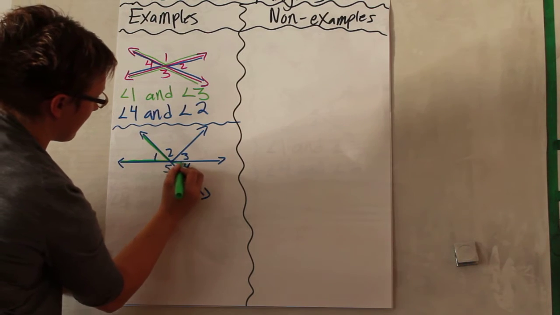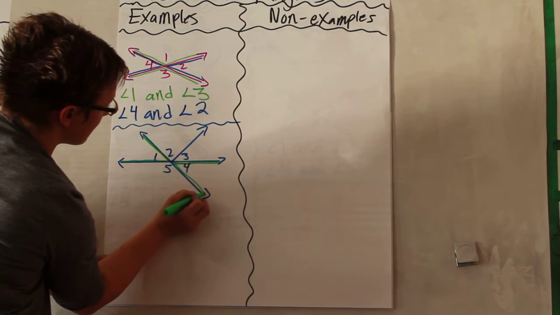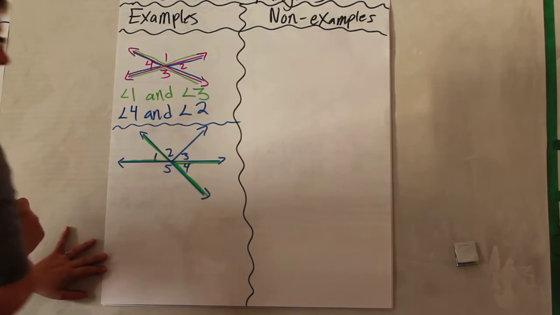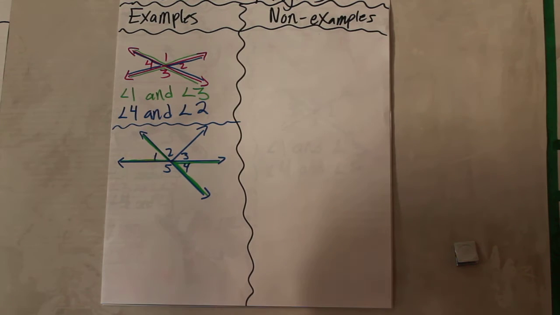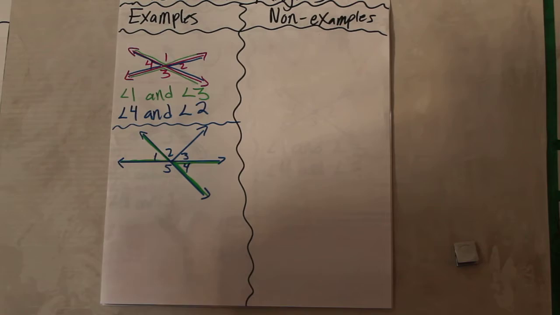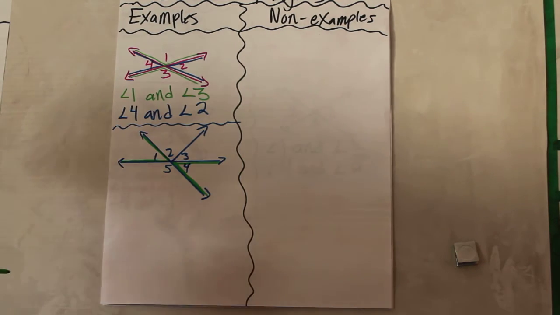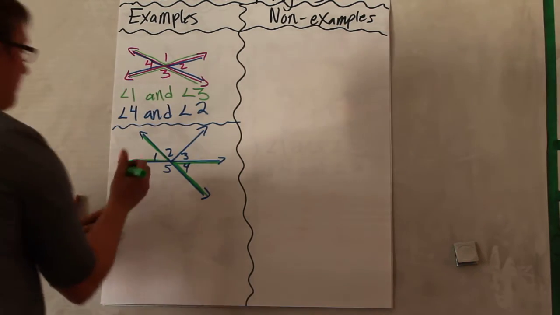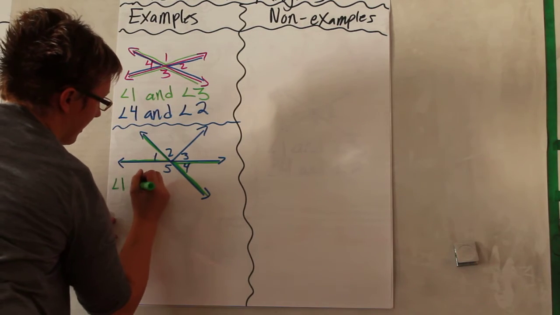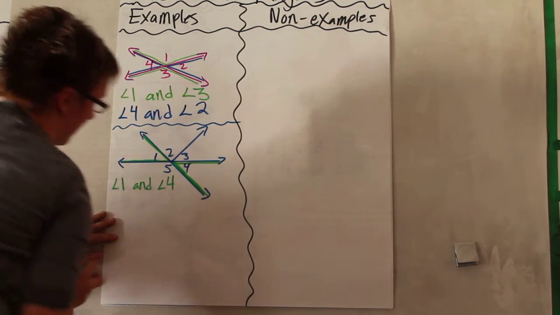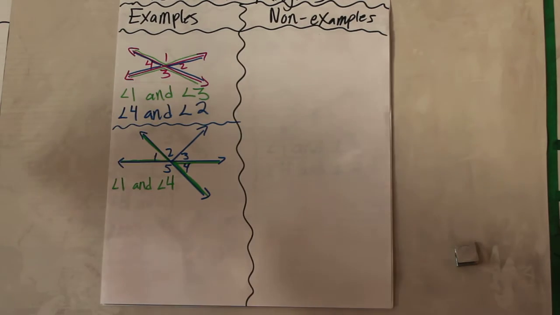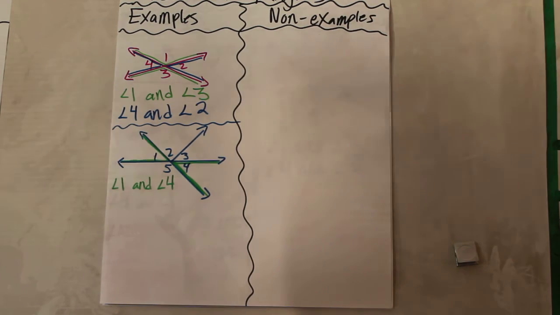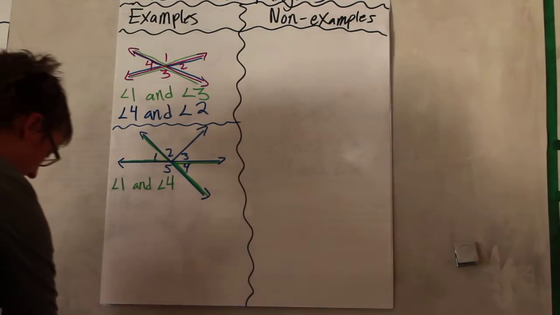So it might look like this one has a lot of possibilities to have a lot of different vertical angles, but it does not. Those are the only two that share the middle vertex that would for sure be the same angle. So we can say angle 1 and angle 4. We could also have one where we name multiple